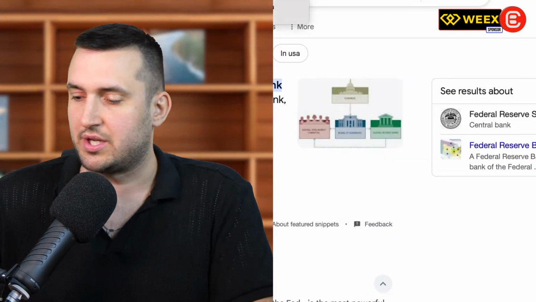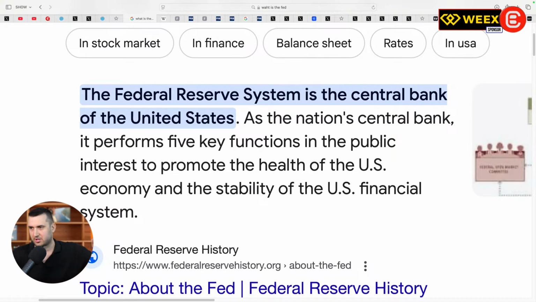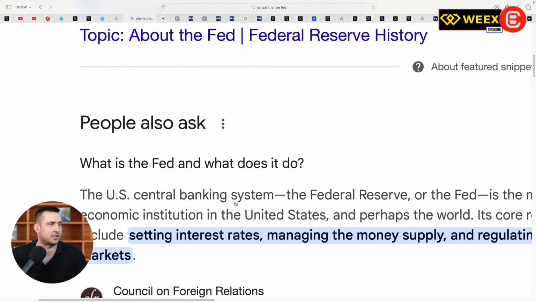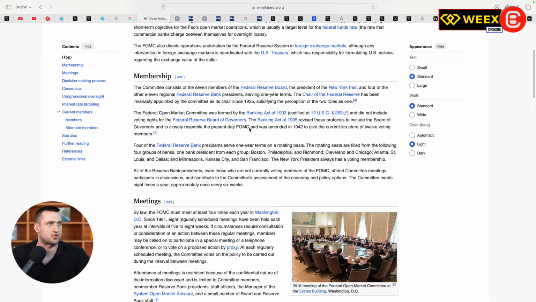Now, I want to start with understanding what the Fed is, very shortly. And for those of you who are familiar with this, bear with me for 2 minutes because there will be something for you as well. The Federal Reserve System is the central bank of the United States. Well, it's a privately owned institution. Anyway, I don't want to go to the tinfoil hat part, but what you have to understand is that they basically control the money supply. The Fed is the most powerful economic institution in the United States. They basically control how the money flows, what interest rates are going to be, and how much money is issued. Everything related to the economy is dependent on the Fed.